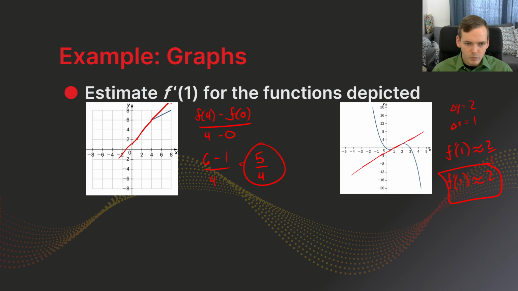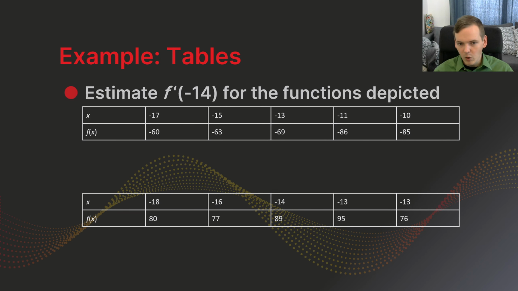In some cases, we can actually do a calculation. In others, we just kind of have to eyeball it. If we have a table, same idea. We need to find a difference quotient to get the most accurate estimate. So if we want f prime of -14, we know -14 happens between -15 and -13. So the difference quotient will be f of -13 minus f of -15